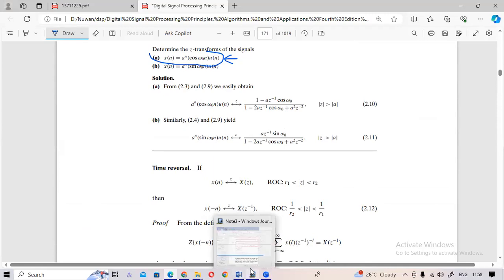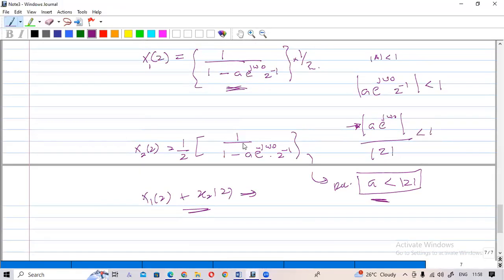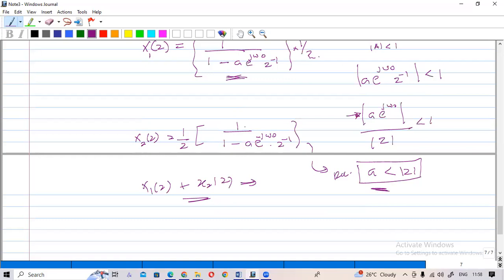If you add them together, you have to get the common denominator. So that will be 1 minus a e to the power j omega naught z to the power minus 1,